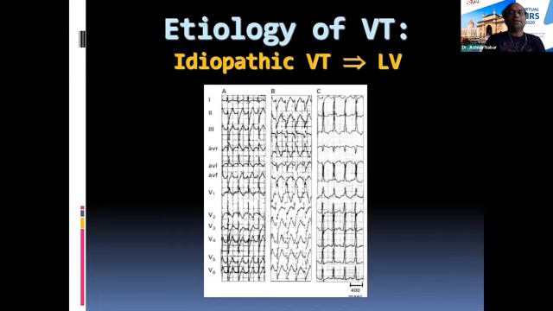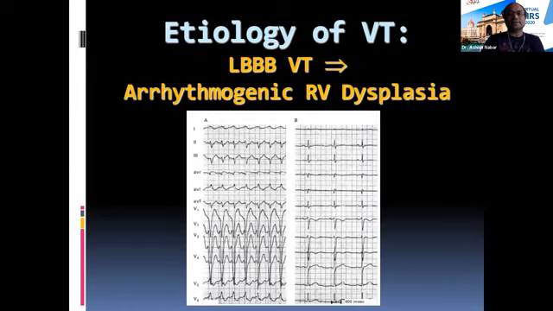Then you have, as I showed you in one of the examples, one more idiopathic VT originating close to the left posterior fascicle. So you have a right bundle branch block type morphology in V1, and you would have either a left axis as in this example, or a northwest axis as in this example. Therefore an idiopathic VT, also called a fascicular VT, usually has a right bundle branch block and a left or a northwest axis.